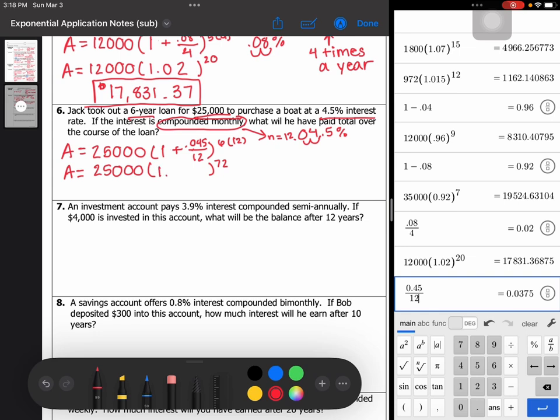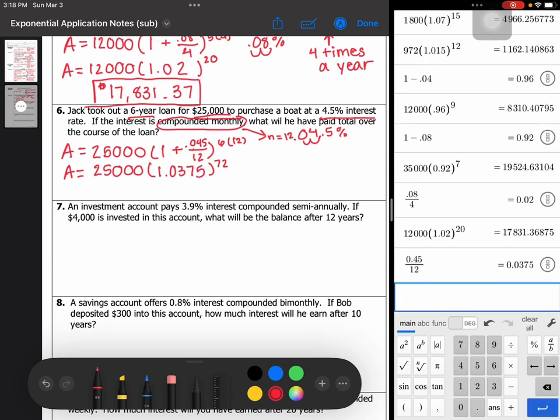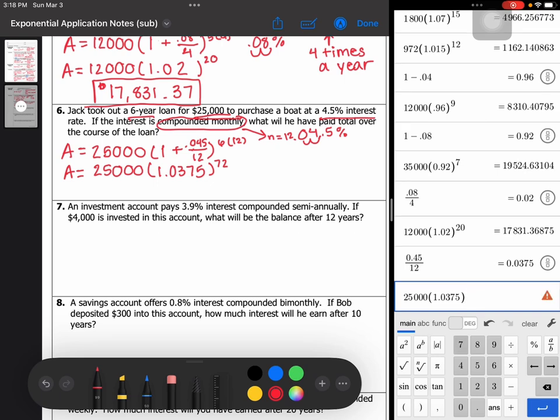So 1.0375. And now we can go ahead and calculate. So 25,000 times 1.0375 to the 72nd power. That means that we have,